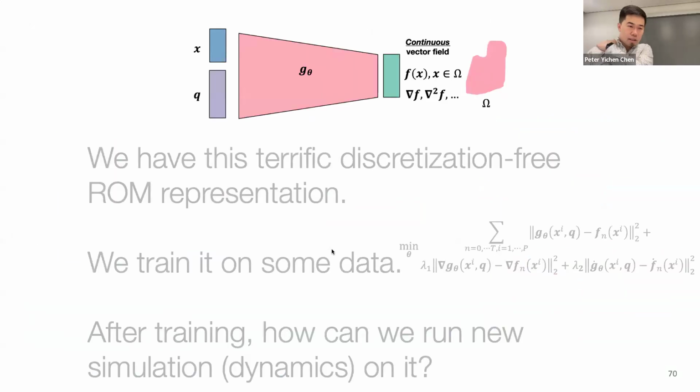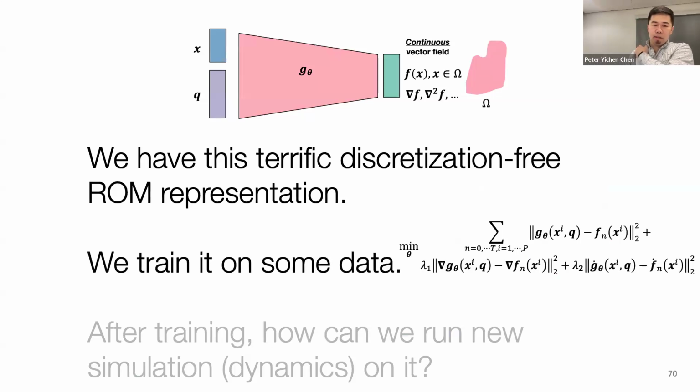All right, so we have this terrific discretization-free representation. We train on some data, right? You train on, again, your velocity field, but let's say this is a displacement field. But in addition, to ensure your model captures the displacement field, you can also ensure it captures, let's say, the deformation gradient, like the gradient of your vector field, whether it's spatial gradient or temporal gradients, if that information is available. So you train on some data, and after training, you obtain